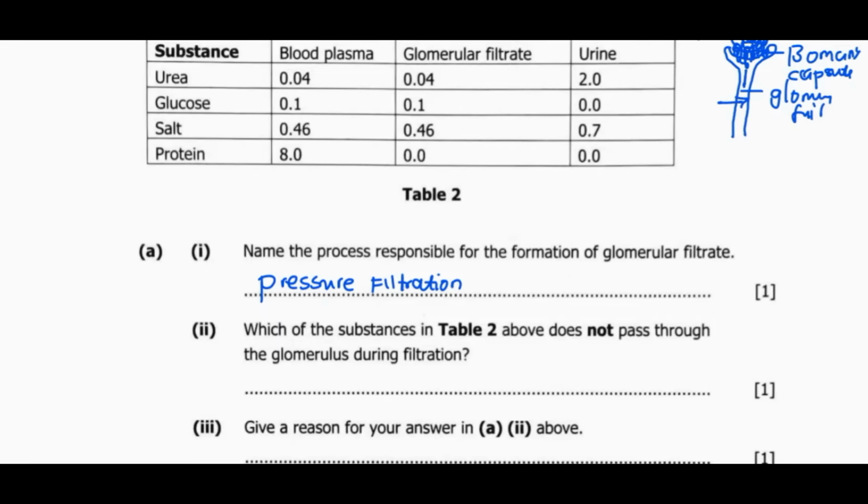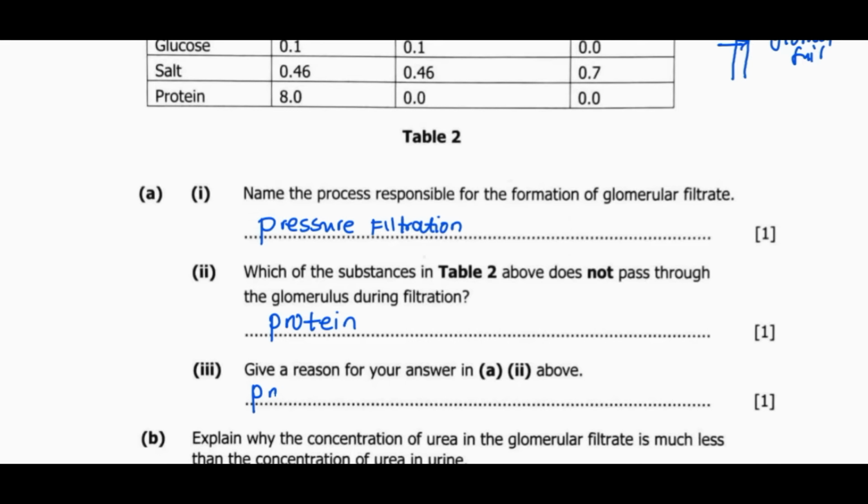Then Roman numeral 2: which of the substances in table 2 above does not pass through the glomerulus during filtration? Here we have proteins. Then give a reason for your answer above. The reason we can give is that in the glomerular filtrate and in urine we can't see the presence of proteins. So say proteins were not found